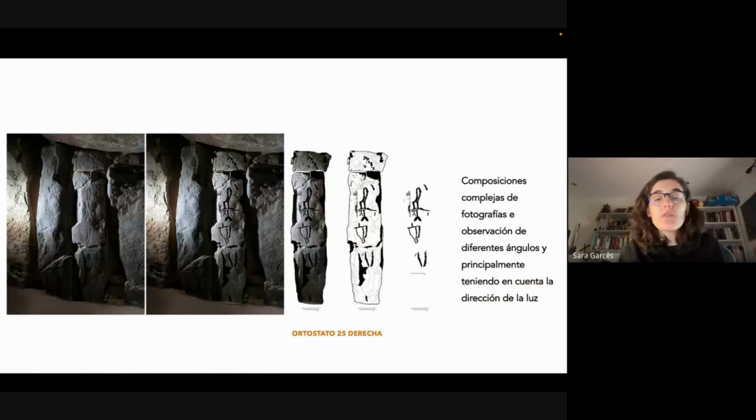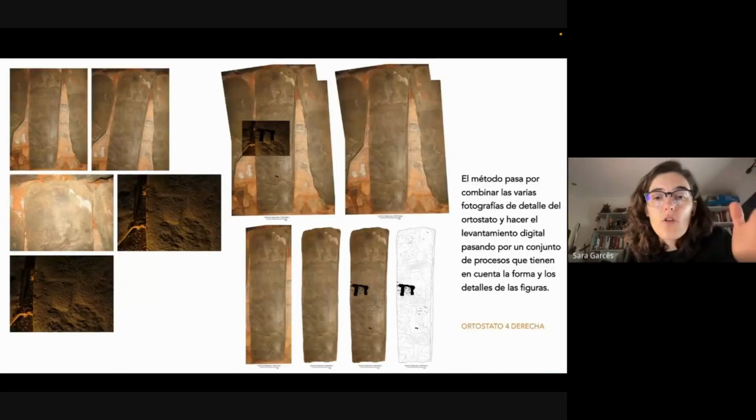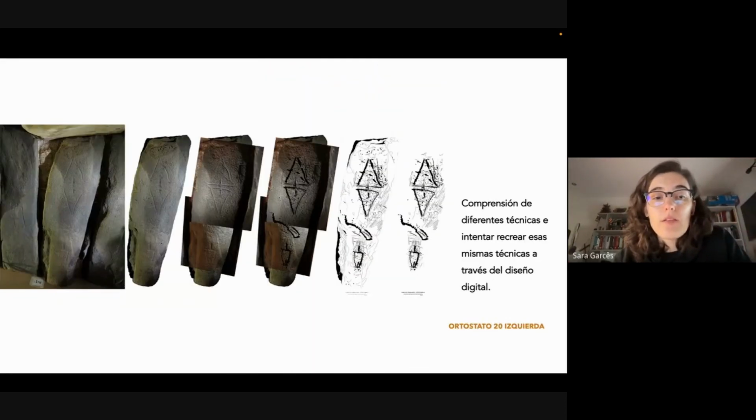This was a context of a cave, okay? I just want to say that there are many different contexts regarding rock art. For example, we already had the opportunity to work in a very big dolmen, Dolmen de Soto in Trigueiros, that had 74, if I'm not mistaken, standing stones with both paintings and engravings. In this case, it's also a very unique and fragile environment, so we couldn't actually touch anything, not even engravings. So a similar protocol was implemented in this site,